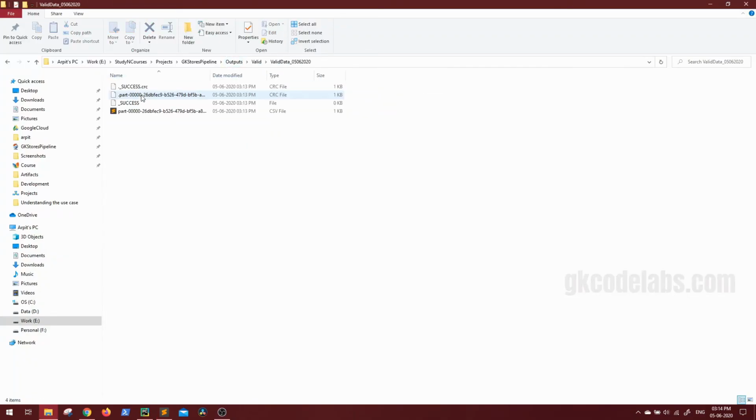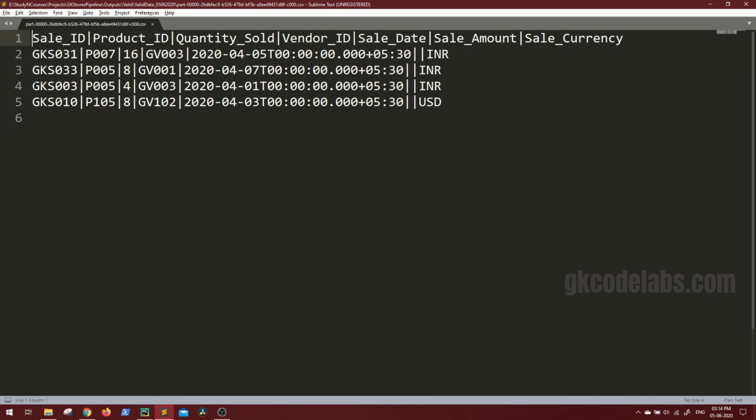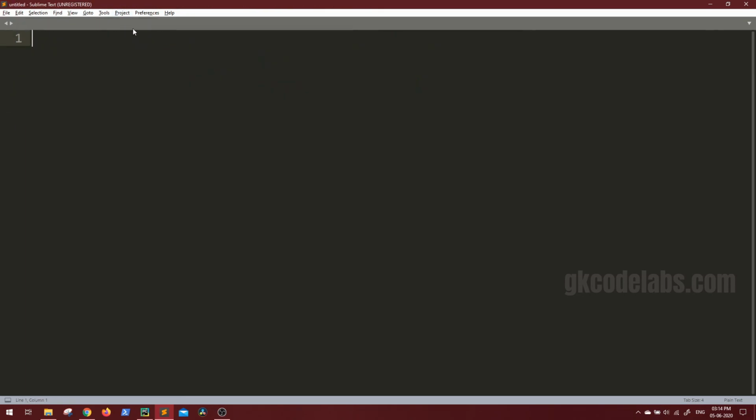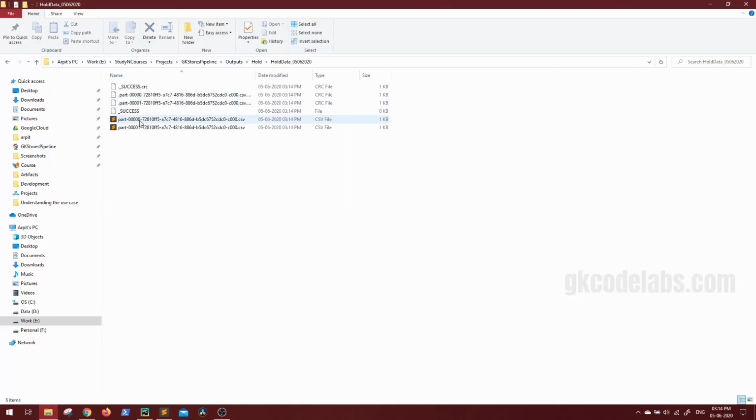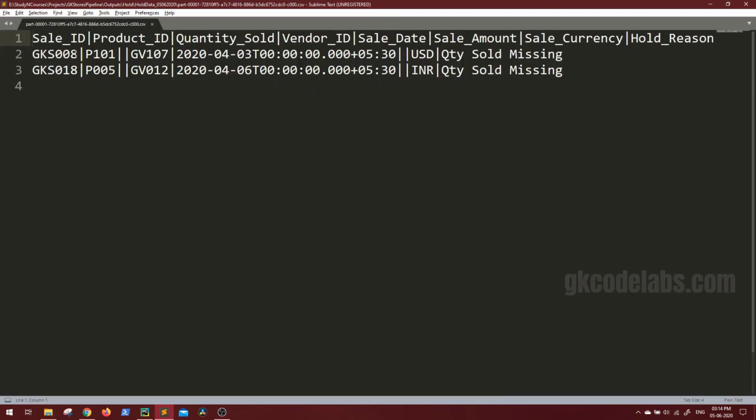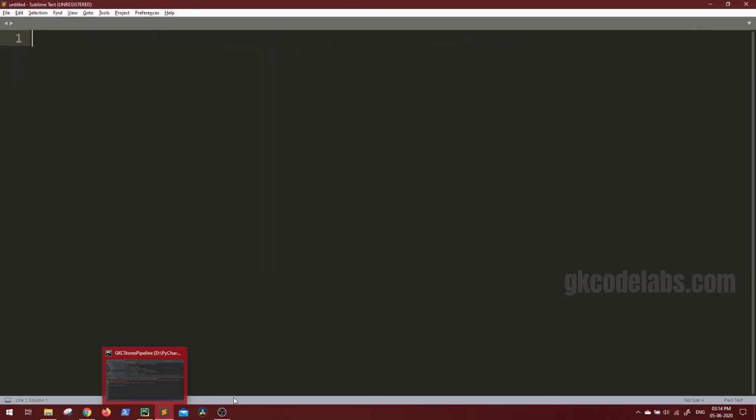The rest has gone into valid. As we saw in the last tutorial, updates were received for 3 and 10, so these are valid now, and back in hold we have the data for 8 and 18 along with the reason. So this is how you can add another column using the withColumn API. Now let's see what's next.